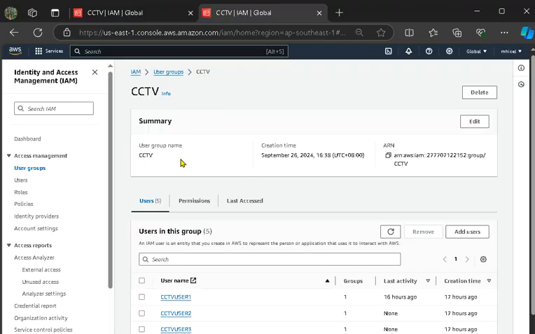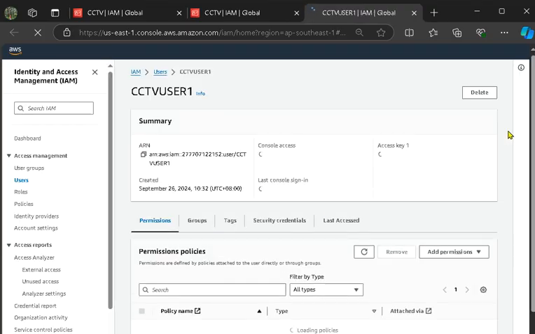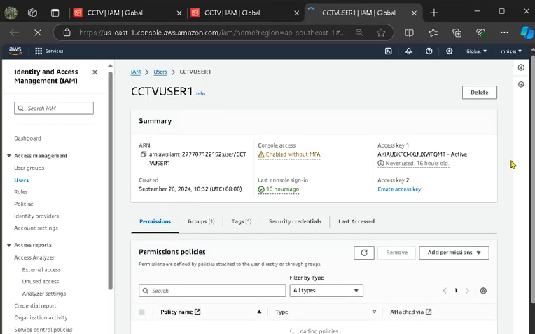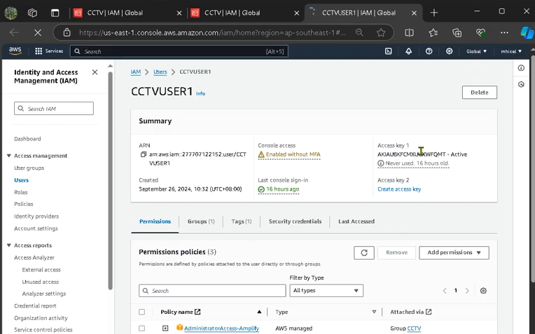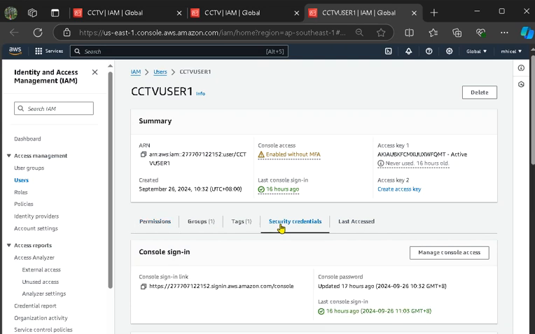logging in with one user on each user group. I'll be logging in with user 1 for CCTV.